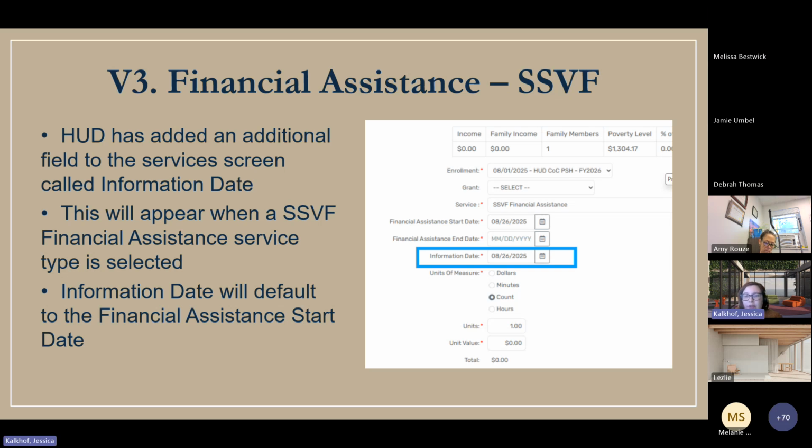And based on how services are set up in the system, you may see this field appear even if you aren't operating an SSVF project. So if you do see that, you can leave it as defaulted. So the requirement for this is for VA funded projects,